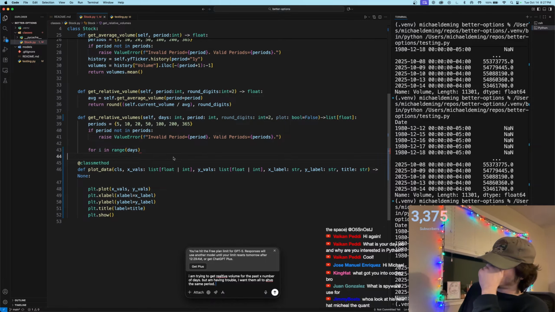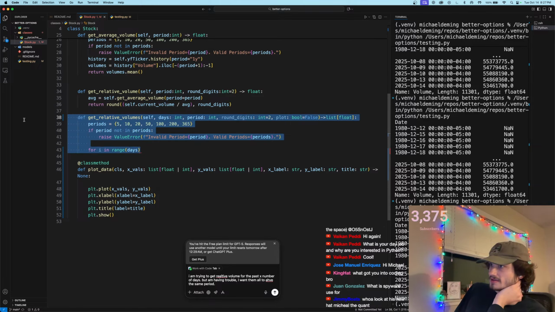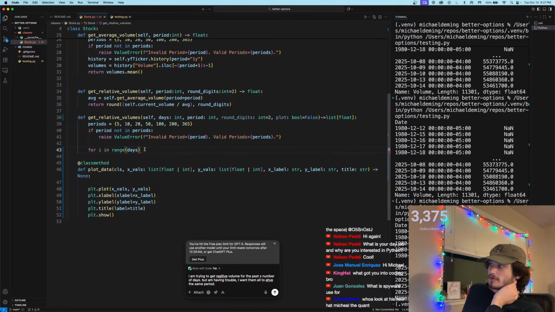Okay, hold on. So let's break this down. I need to loop. I want to get relative volume of this stock for the past X amount of days. Okay. So if that's the case, I need to get the volumes for the past